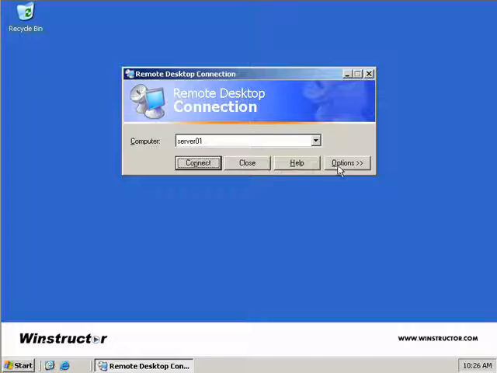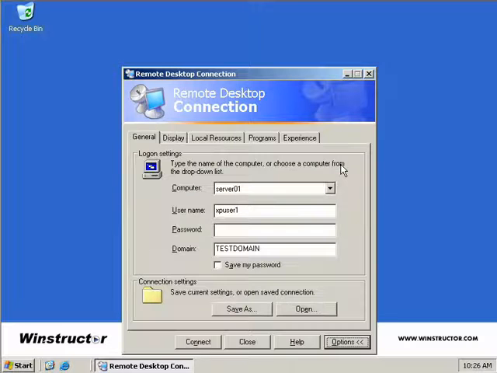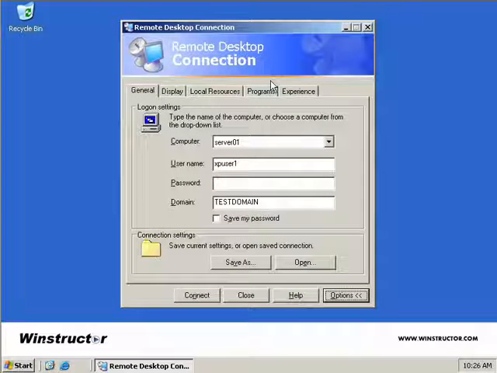And now we'll go over here to the right and we'll click on Options and take a look at what we have available. Now on the General tab, we can see our connection information. We can also see the last server we connected to, the username we connected with, and of course we have a password box here. Now this enables us to pre-configure the connection with the password so that our remote server will just log us straight in. Now this might be convenient, but it's not really a great feature from a security perspective, so I don't recommend using this option. We can also see some domain information that you'll need to log onto a different domain,